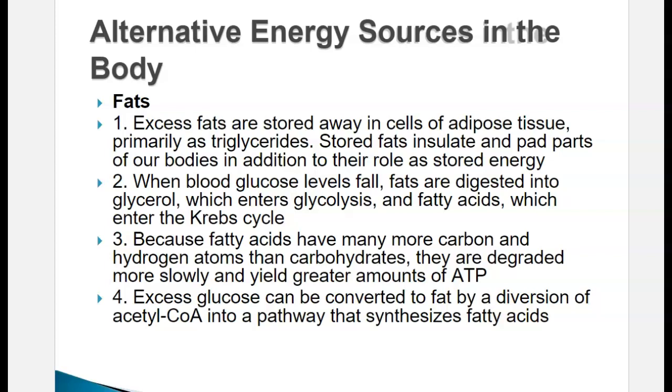If your glucose levels were to fall, and you were not getting glucose from some other source, your body will turn to the fat. In the process, it'll break that fat down and use it for energy. A lot of energy is there. It'll take that triglyceride and chop it up into 2 and 3 carbon fragments and stick it into the Krebs cycle if oxygen is present.